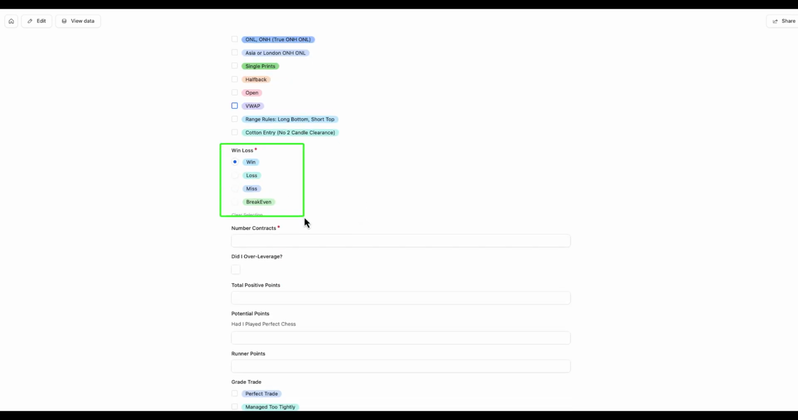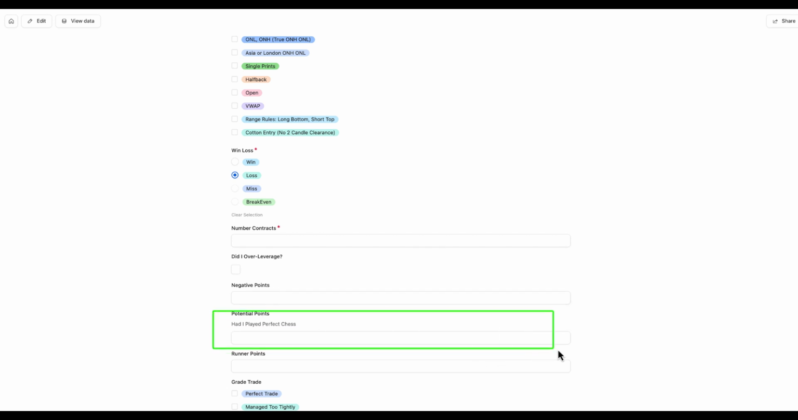Was it a win, loss, or a miss? I track misses. If you don't want to track misses, I'll show you how to delete that field. How many contracts did you take? Did you over leverage? How many points? For example, if I hit win, it's going to say how many positive points. If I hit loss, it's going to say negative points, okay? What were the potential points had I played perfect chess? You won't have that filled out every time, but you might